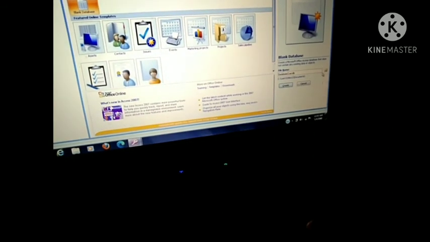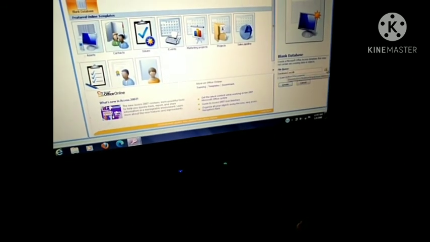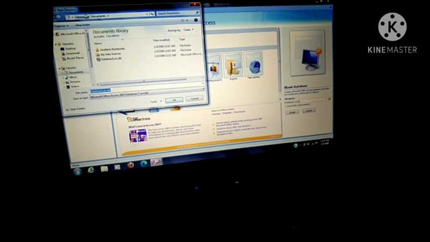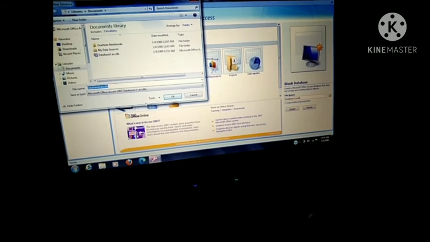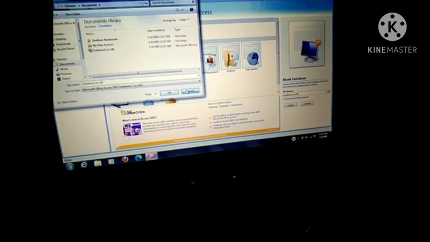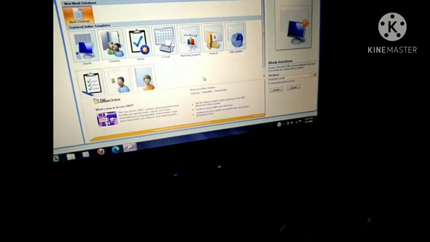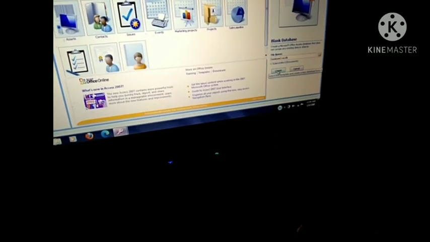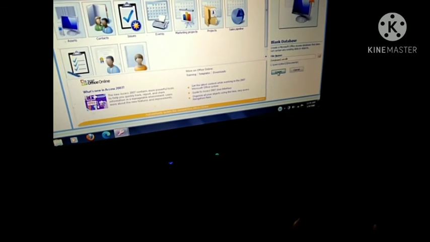If you want to change the location, click on the folder button. When you click here, one window will appear. From this window you select the location and then click OK. Now your location is set. Then click on the create button. When you click on create, your database will be created.